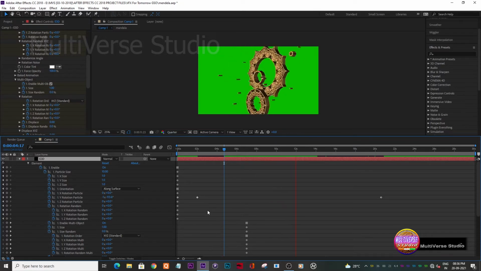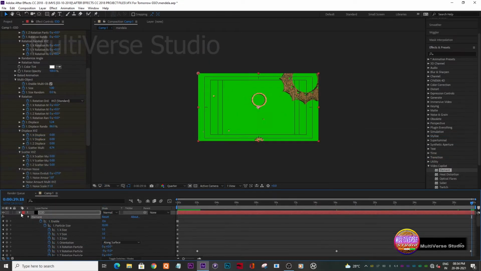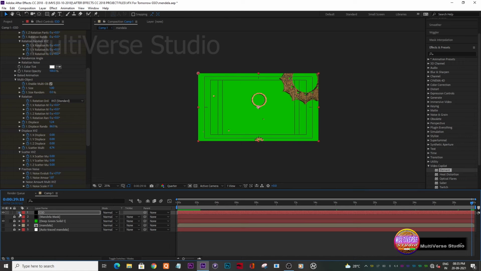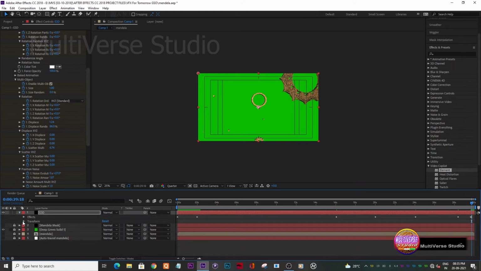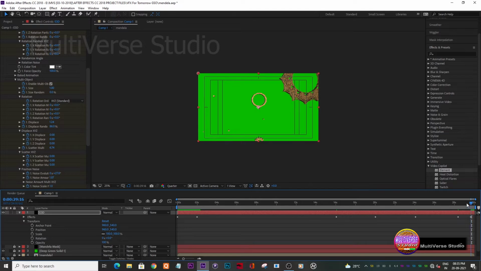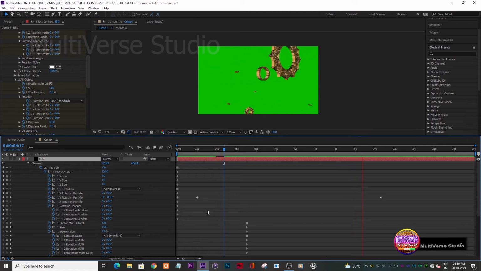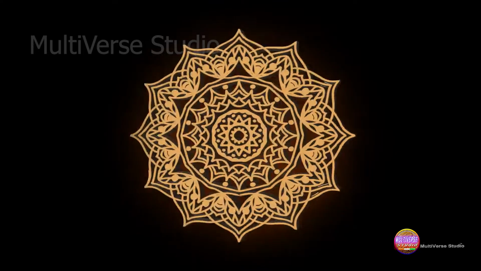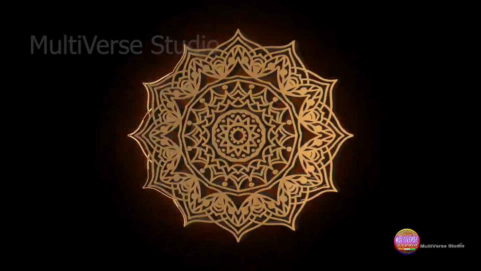Now this is totally optional, but what I have done is, under the transformation menu of the E3D layer, I have keyframed the opacity on the 28th second, and on the 30th second I have reduced the opacity to 0, so it should look something like all the other pieces will disappear after it shatters. So until now I have shown you how to make a 3D asset from any image file.